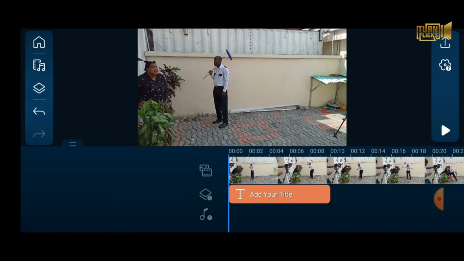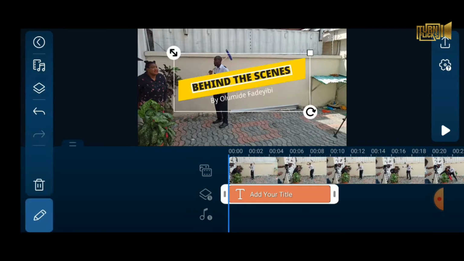Again, just click on the timeline so that it doesn't only play what is highlighted. If you press this and press the play button on the bottom right hand of the app, it would